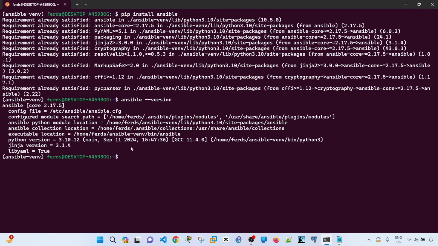This is actually just one way to verify the version of Ansible, and we can see that the core version is 2.17.5, and this is the config file where the Ansible config is saved, and this is the configured module search path, Python module location, collection location, and all other things, and of course the version of Python that